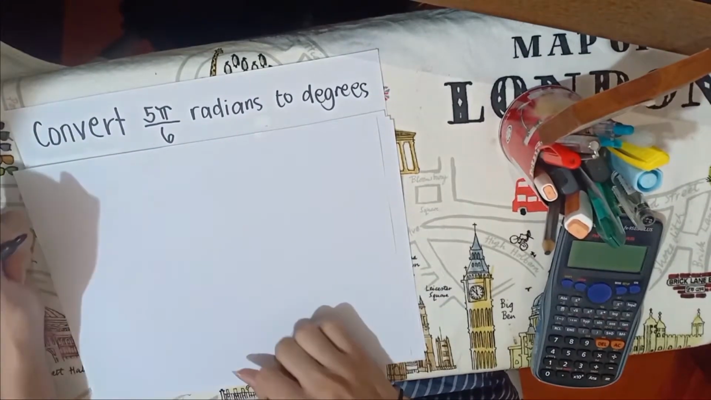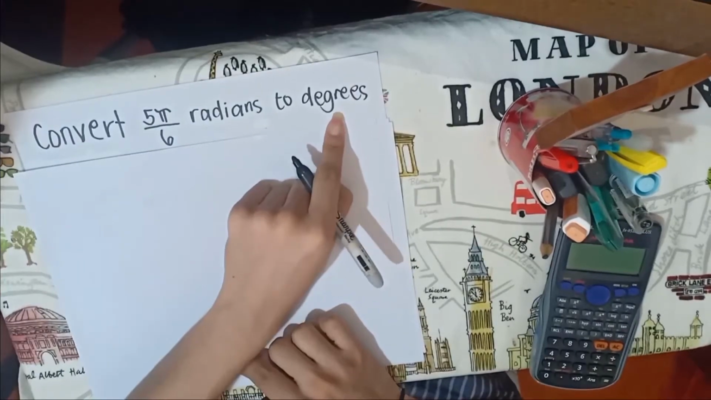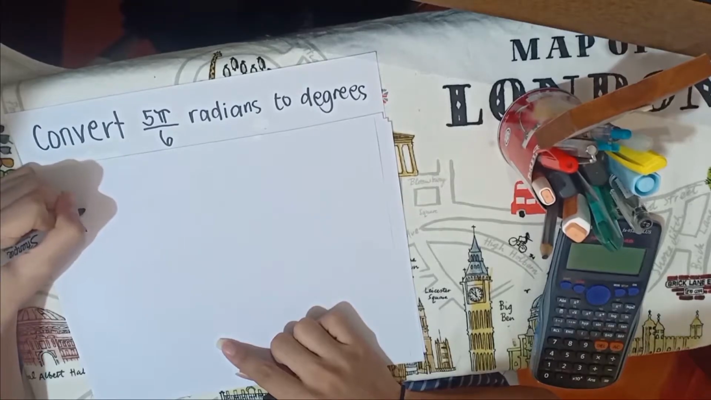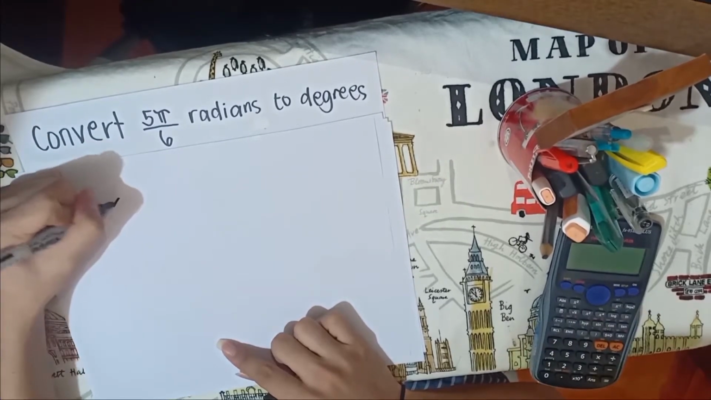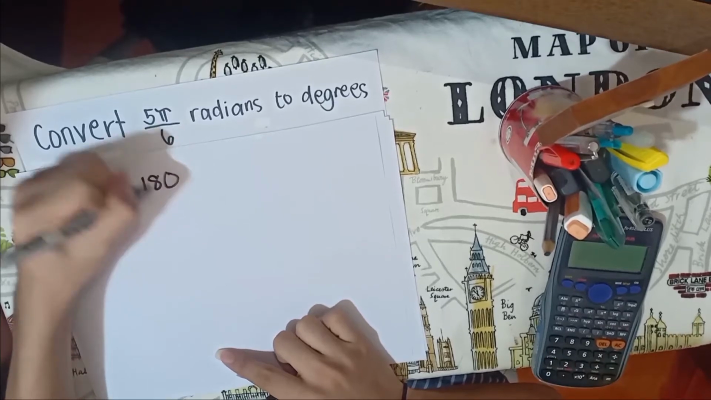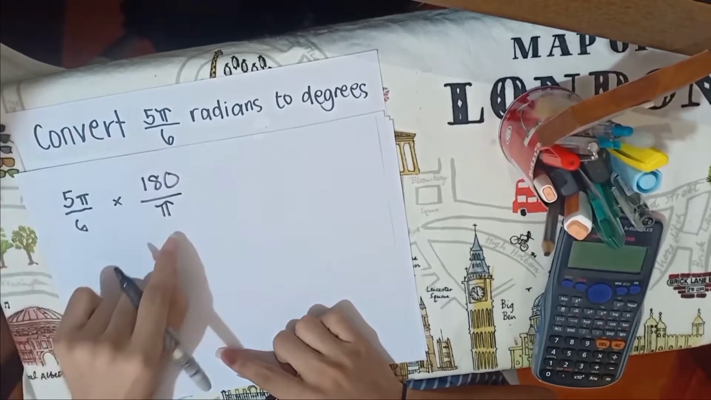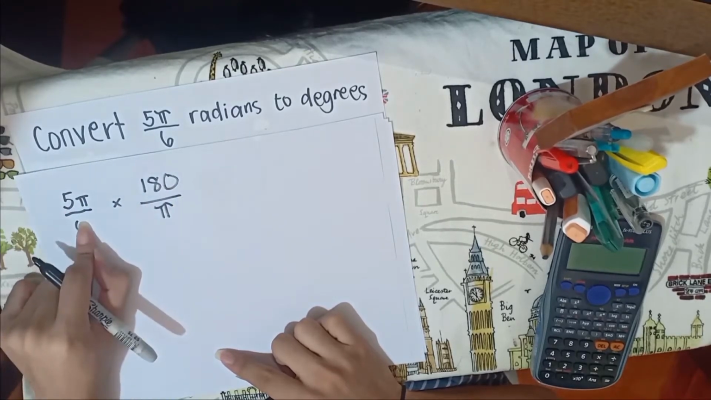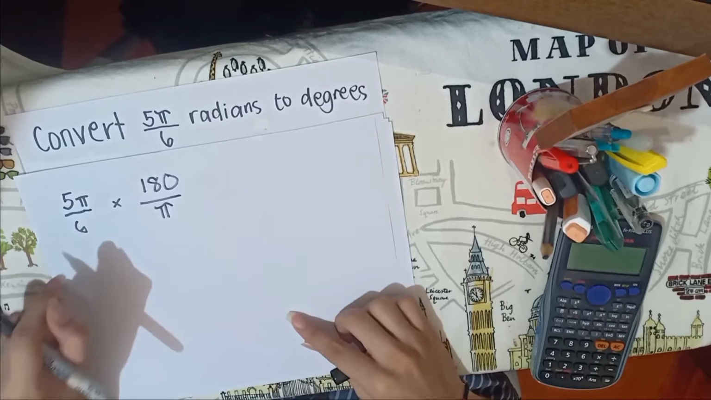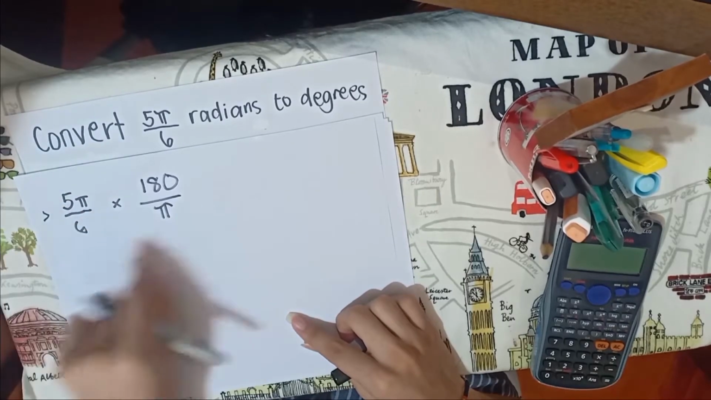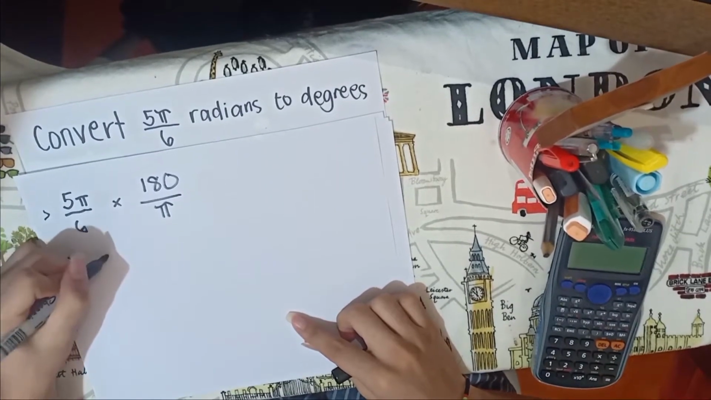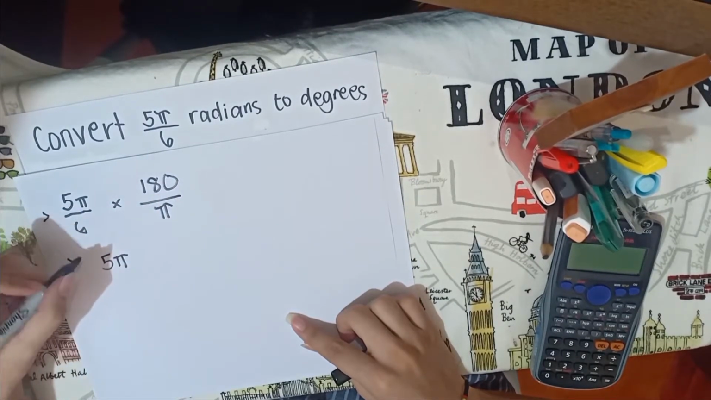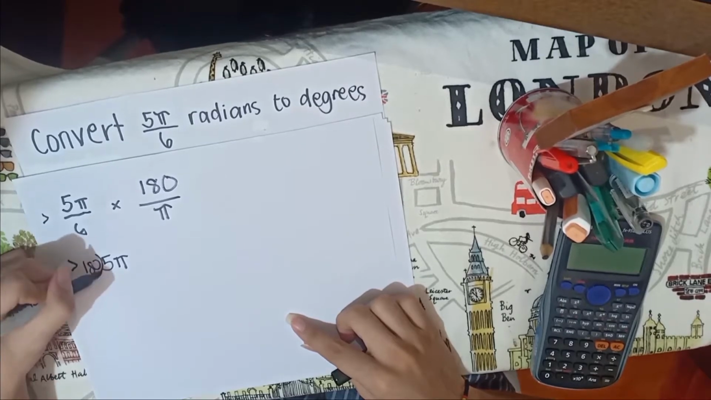Now for us to be able to convert radians to degrees, it is pretty simple. We would just multiply the given value of radians by 180 over pi. This is the value that you would need to multiply to the given radians in order to convert it to degrees. Now, what we're going to do is simplify. This would become 5 pi. Now, we would multiply this by 180, so this would become 180 multiplied by 5 pi